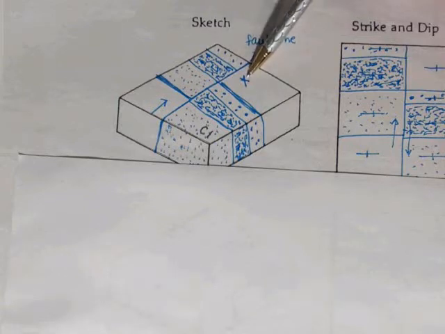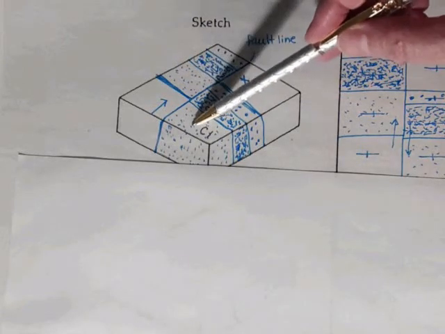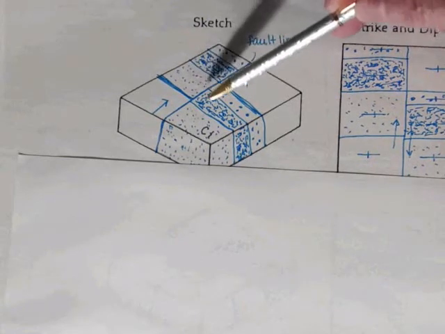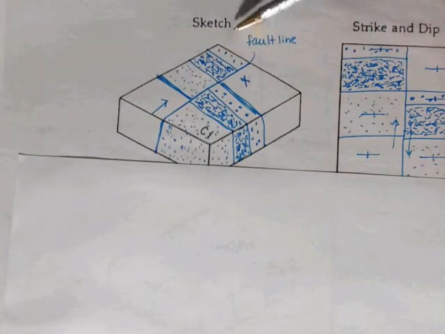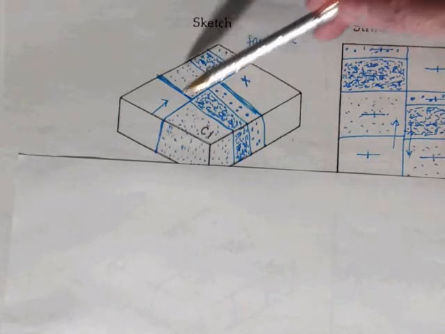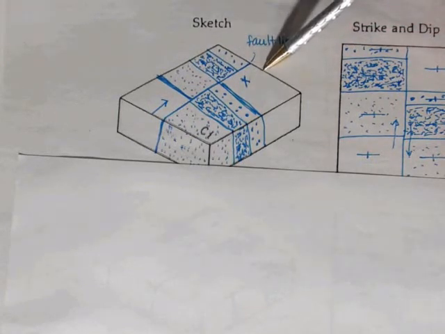So here we are standing on this side, and we look across. We notice this bed was once here, now it's gone this way. That's to the right. Here, and that was to the right. And same thing, to the right. So this motion has been to the right, okay? In every case, all of them moved to the right. So this is a right lateral strike slip